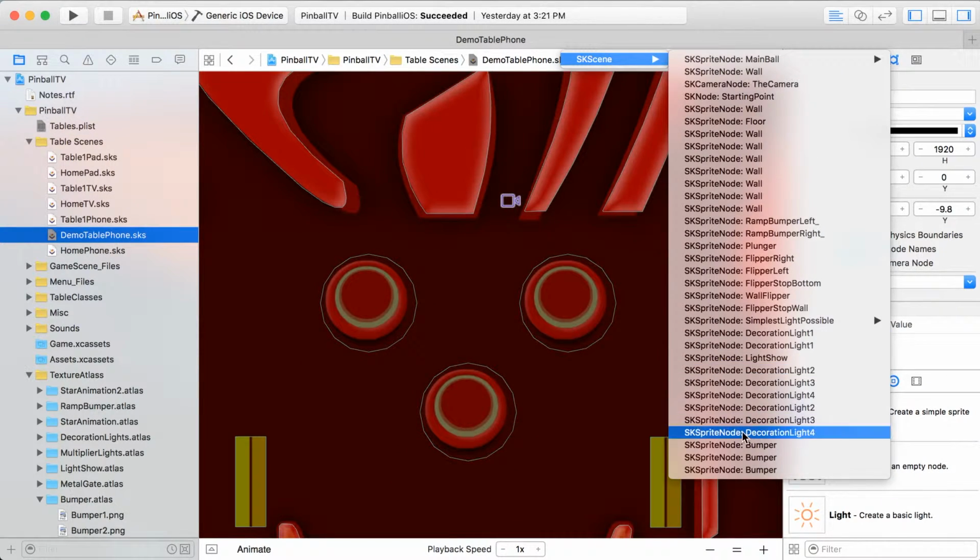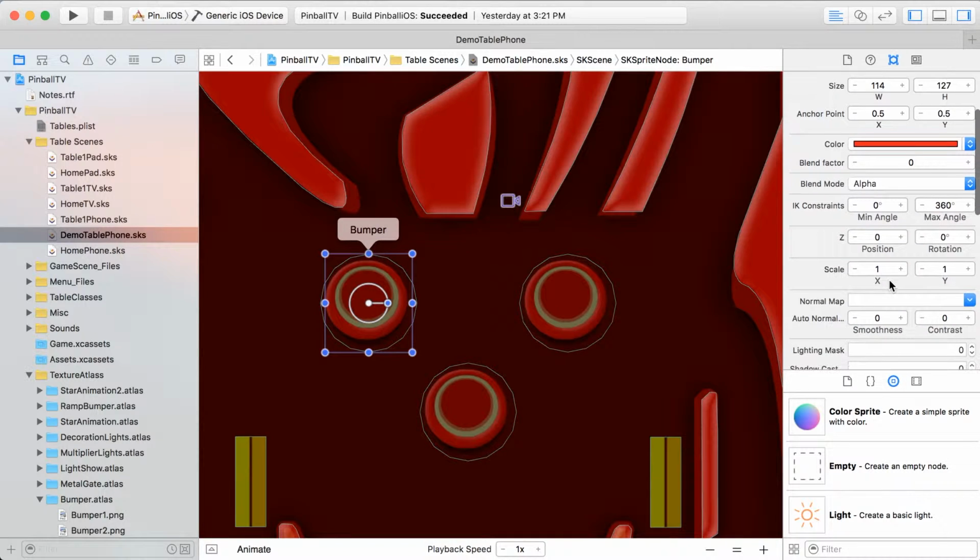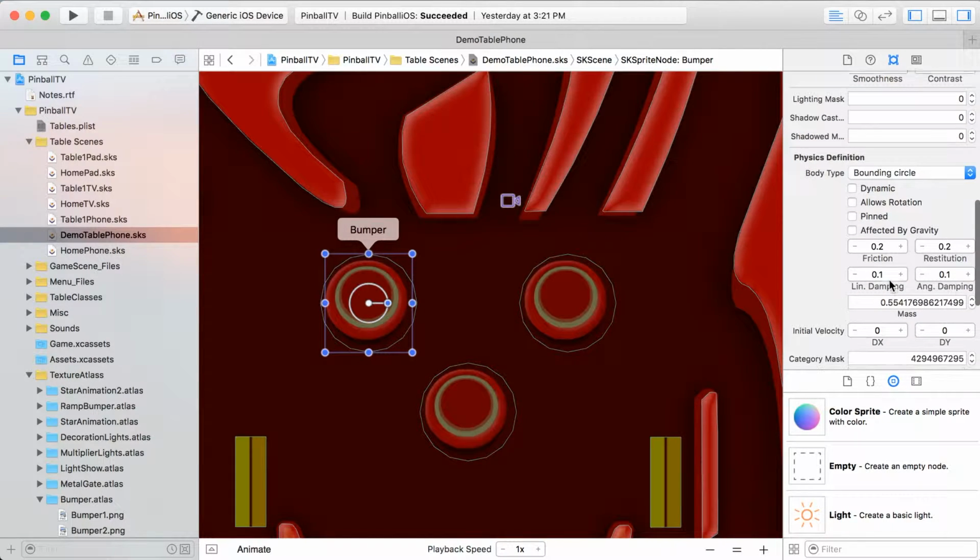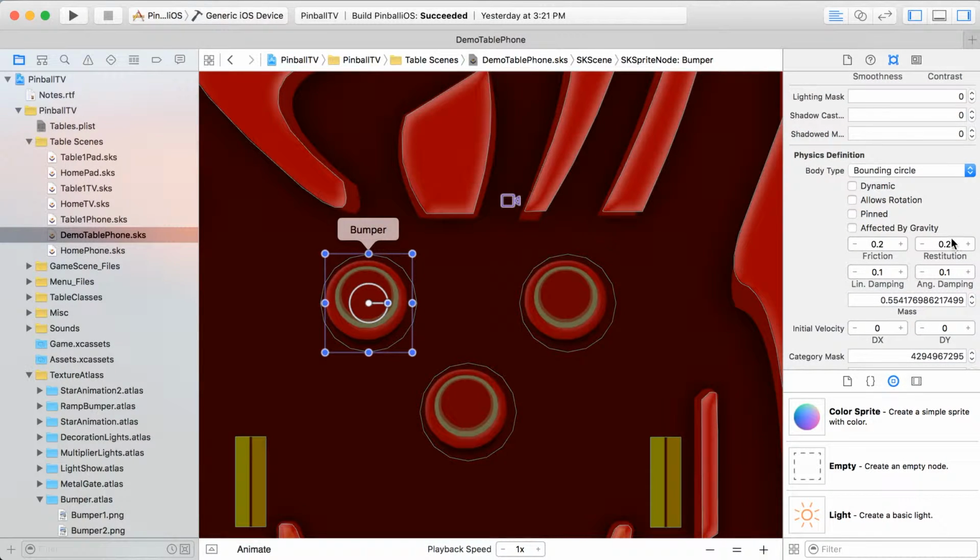And let me go select one of my bumpers here. And you can see over here that if we scroll down, any one of your physics-based objects has a restitution, which is essentially the bounciness of it. And I just found that the restitution at its max range, which is 1, wasn't always bouncy enough. Okay, so that's why I included the